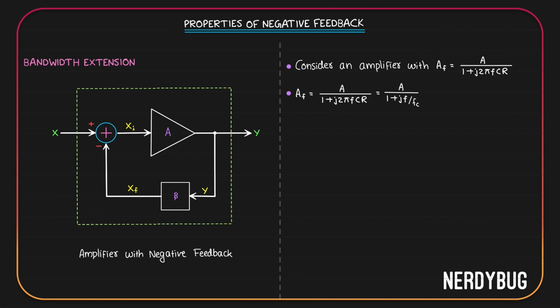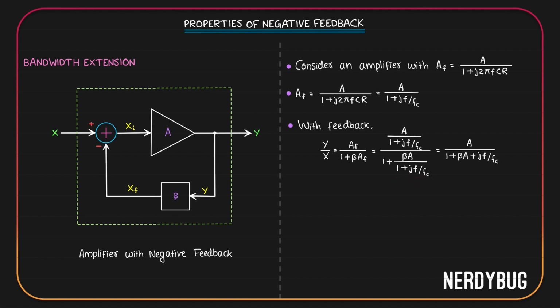Now, let us find out the new gain when negative feedback is provided to an amplifier like this. We already know that with feedback, gain becomes original gain divided by 1 plus beta times original gain. Here, this is the original gain as a function of frequency. A is the maximum gain, f is the frequency of the input signal, Fc is the cutoff frequency of the amplifier. Let's replace A(f) with this expression. Now let us multiply the numerator and the denominator with 1 plus j f by Fc. We get this. Now I want to divide the numerator and denominator with 1 plus beta A.